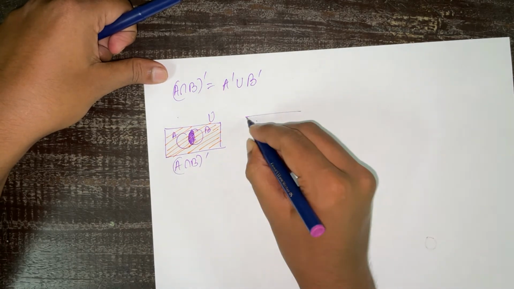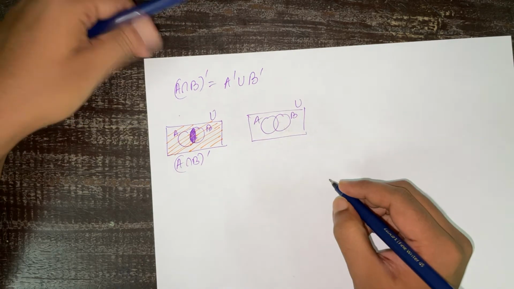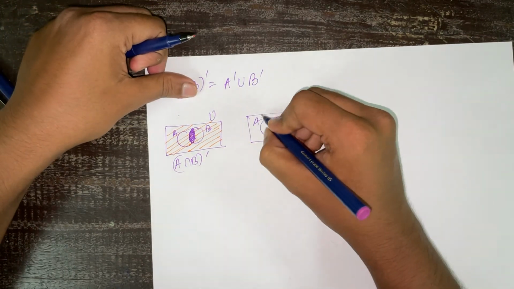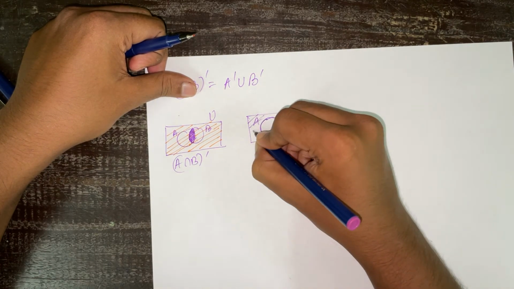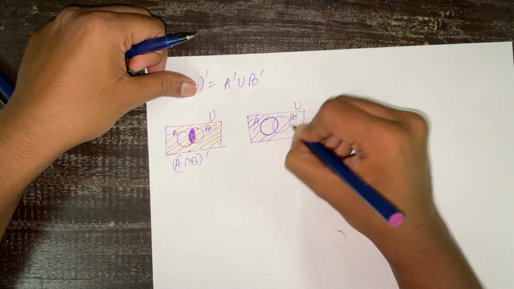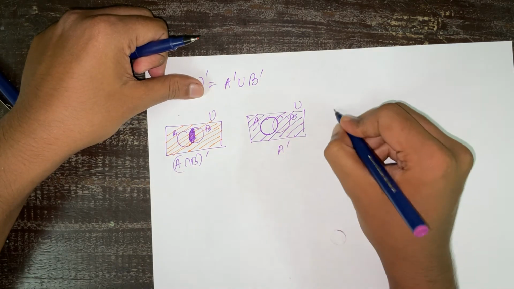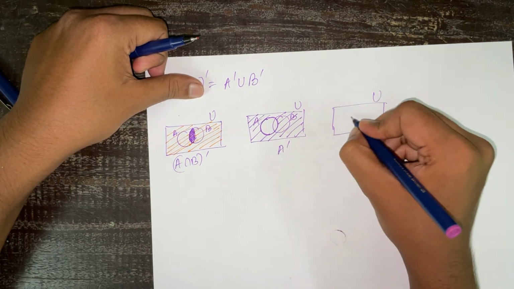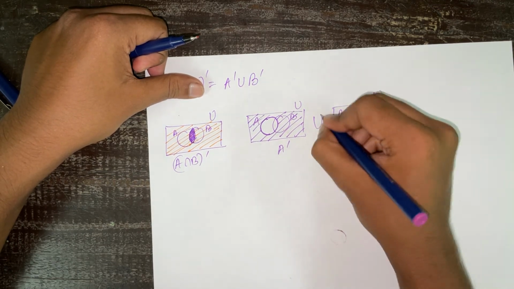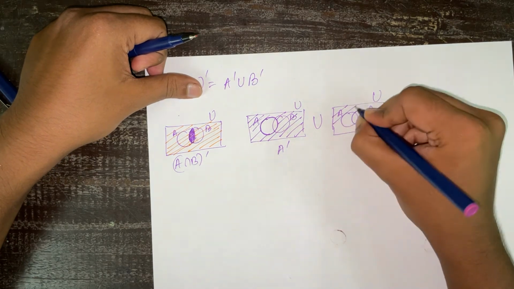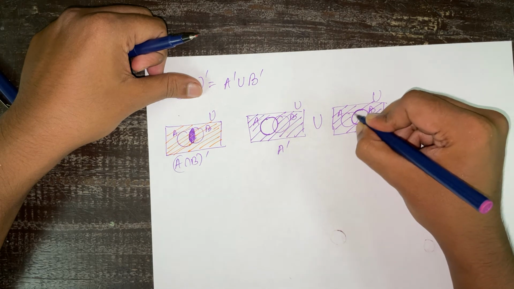Now let's try this one. This is A and B in the universal set. So we have A complement first. A complement means just like the previous one. Other than A, shade everything else. Okay, this is A complement. Then we go for B complement. So B complement means other than B. So remove B, don't touch B, other than B, everything else. So we are not including this part.